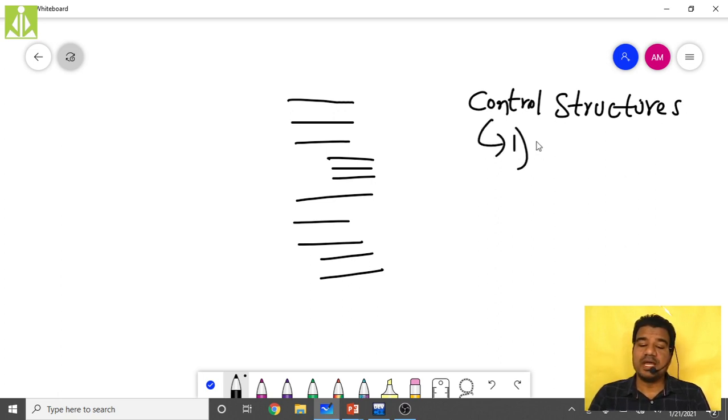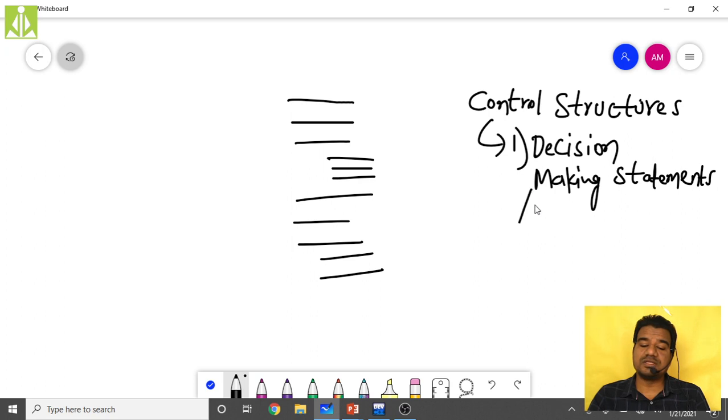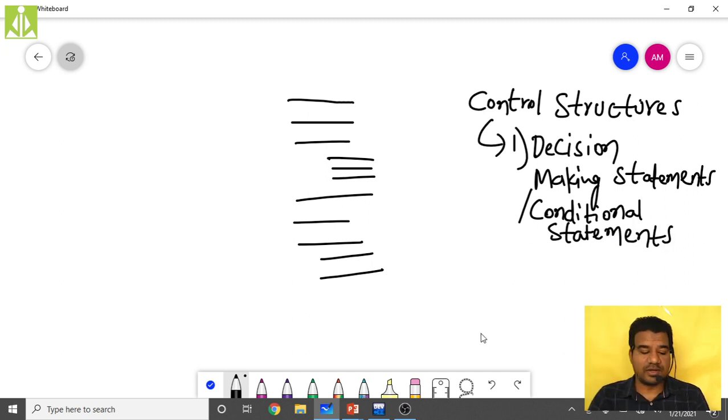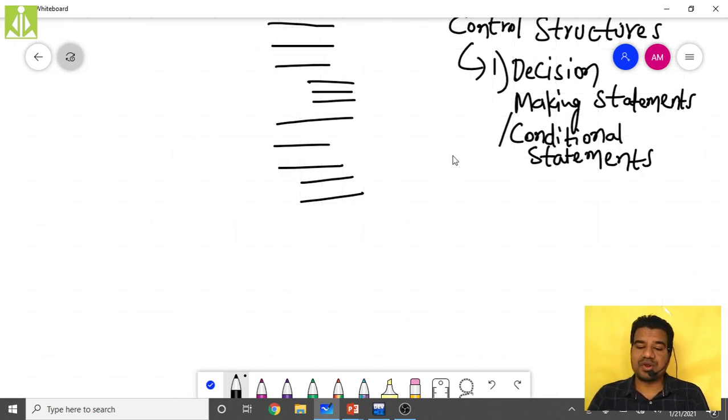The first one we call decision making statements, and we also call them conditional statements. The second type of control structures are the iterative statements.